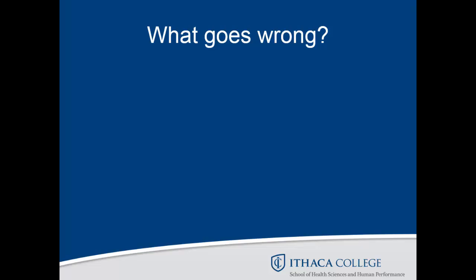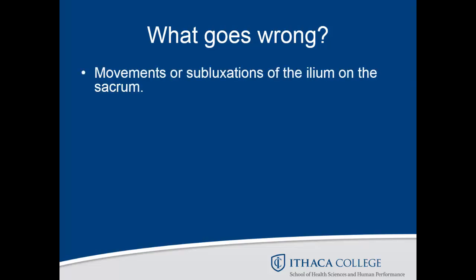So the next step in our thought process is, well, what could go wrong at that SI joint if it's a pretty tough and stable joint, with the ability for very minimal motion? If it is truly that stable, what could go wrong? And so the first thing that we think about is movements or subluxations of the ilium or the innominates, which